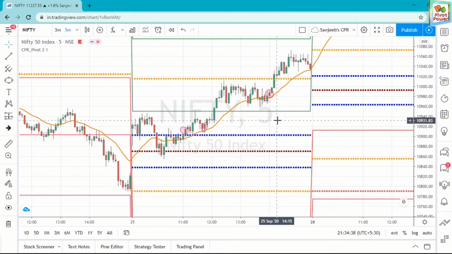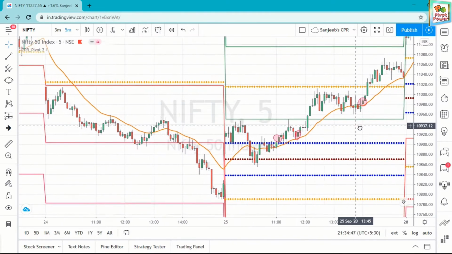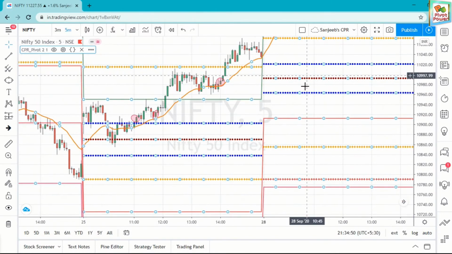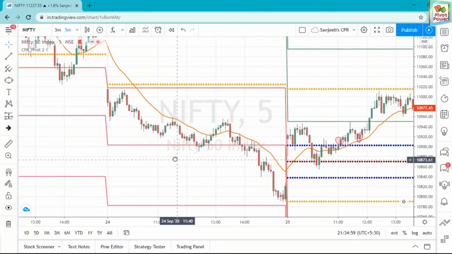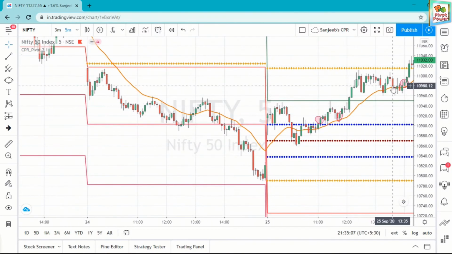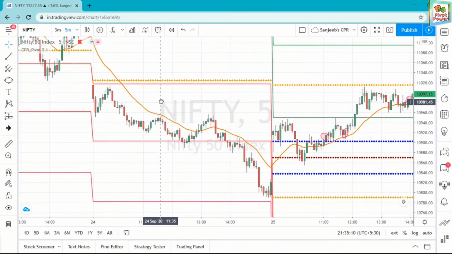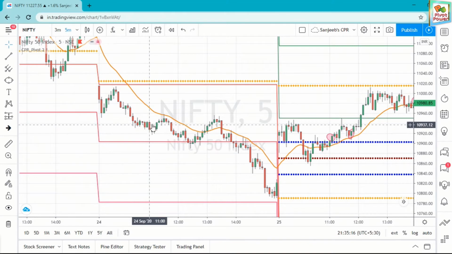Okay, this is the 20 EMA strategy, and in the 20 EMA there is another strategy I will tell you now. What is the strategy? The strategy is when it is crossing over. You see here, when it just crosses the 20 EMA, this is the uptrend. Here it is a downtrend. In a downtrend also, how can we identify? It is not crossing. See here, it just touches and then goes below.